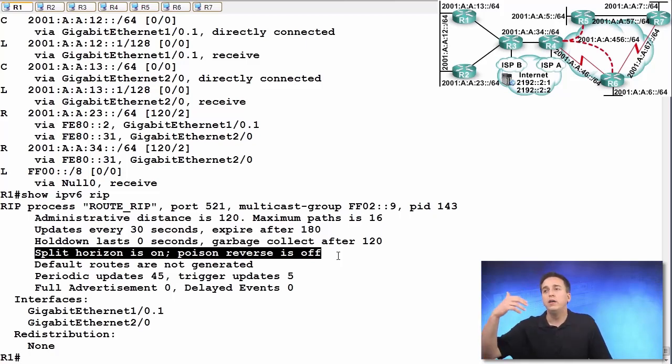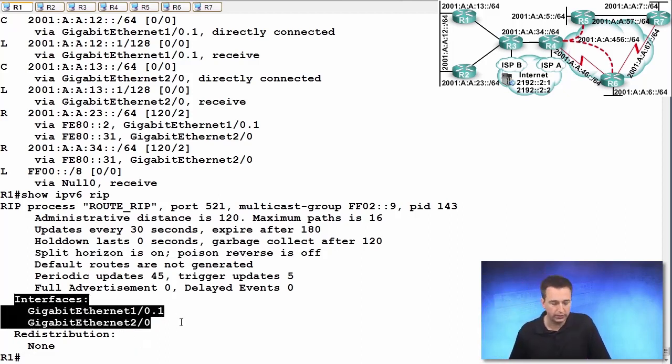If you have routes coming in and you need to advertise them back out that exact same interface, then you'd have to shut off split horizon in those cases. We can see down below the interfaces that are participating in this process: gigabit 1/0.1 and gigabit 2/0. And lastly, if there is redistribution, we can verify whether redistribution is on or off, and particularly what protocol we